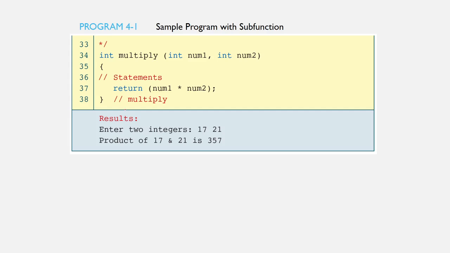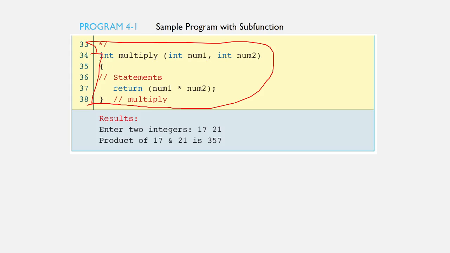And the function definition starts at line 34 and ends with line 38. So this is a function definition. As you can see, the function definition starts with int multiply, open parenthesis, int num1, comma, int num2, close parenthesis.